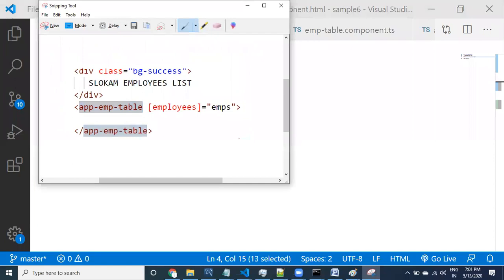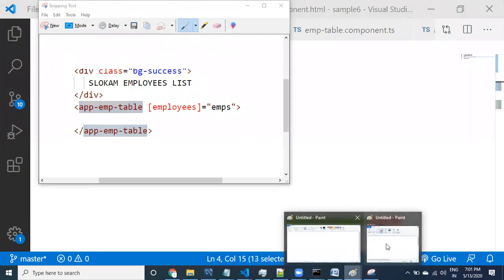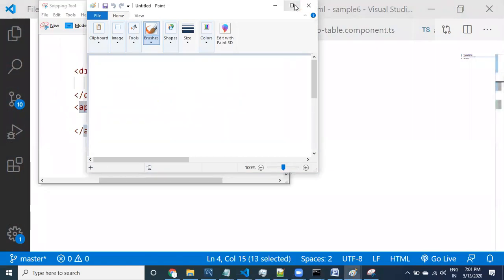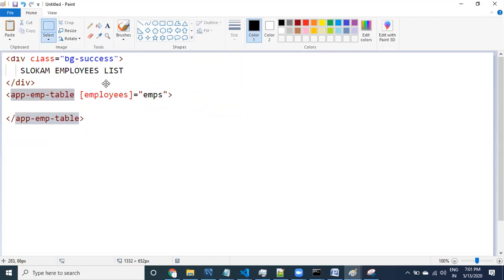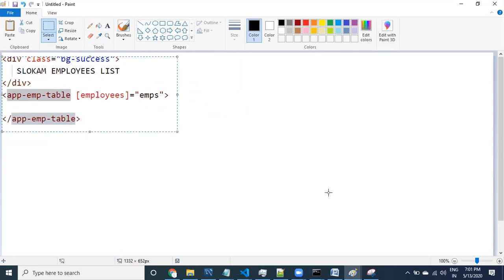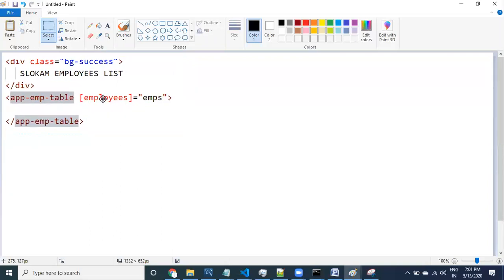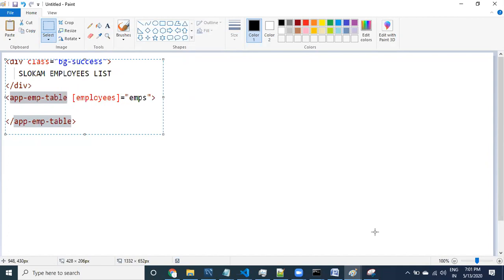So this is the HTML. Which HTML is it? I would like to tell you this is related to a component. Which component? App component.